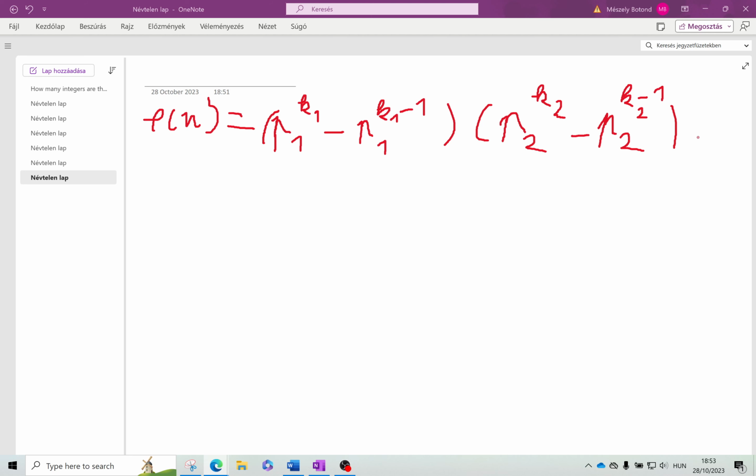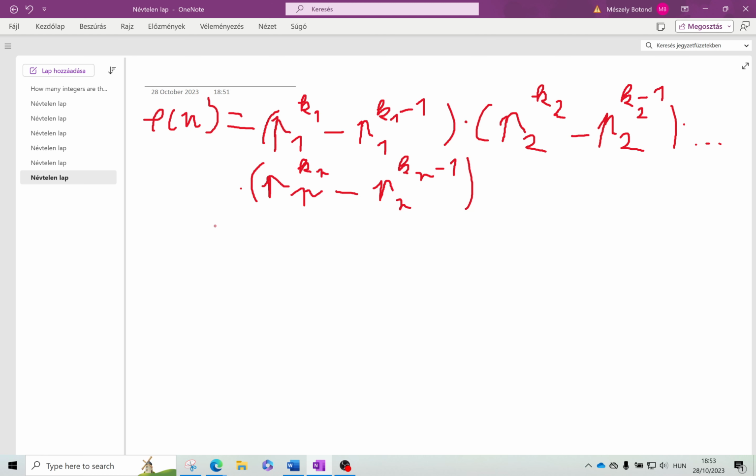So yeah, and this continues until p_n, that means p_r, that means r number of primes, so it can be any number k_r. So this prime's power of k_r minus p_r to the power of k_r minus 1 equals the phi. So it's basically a formula